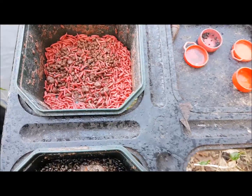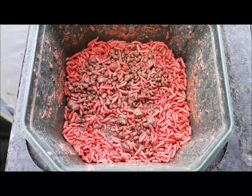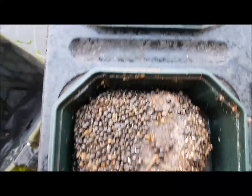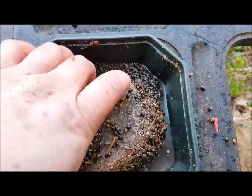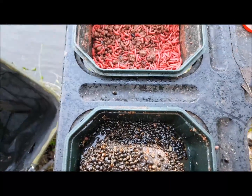So we're getting near the end of this session. I was here to use up some maggots. I had about a pint and a half when I started. My hemp stuff is frozen solid, so I'm just using the stuff that's defrosted underneath it. But yeah,